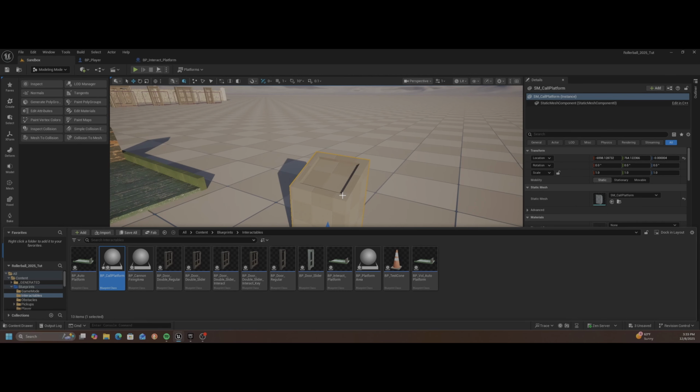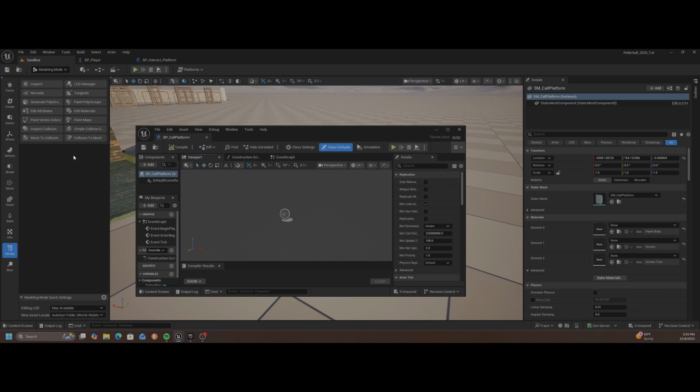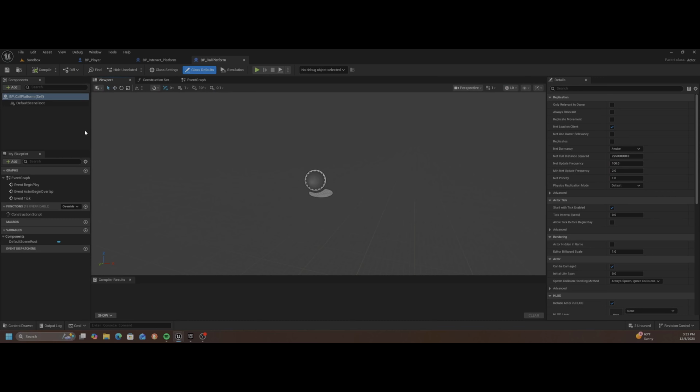Hopefully I didn't misspell that while I was typing. I'm going to double click and open it. Just do a real quick save on it so we don't lose it if something happens. All right. So what I need to do for this is we're going to need to go ahead and hit